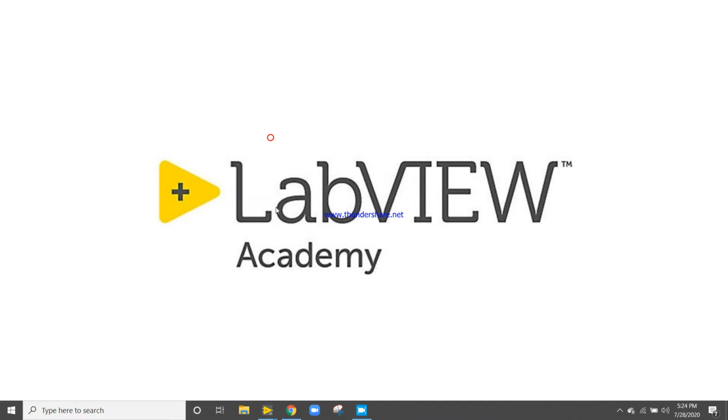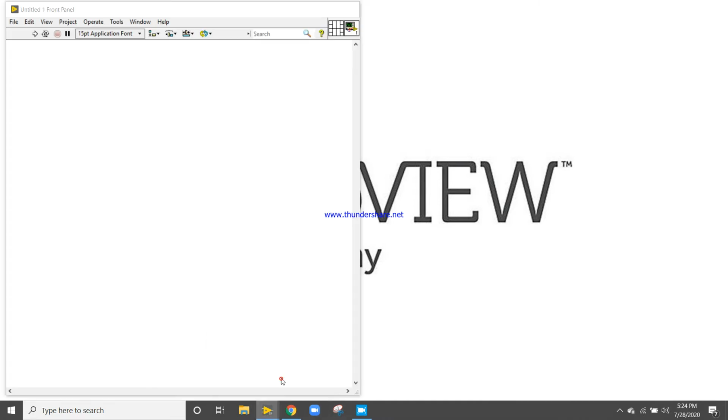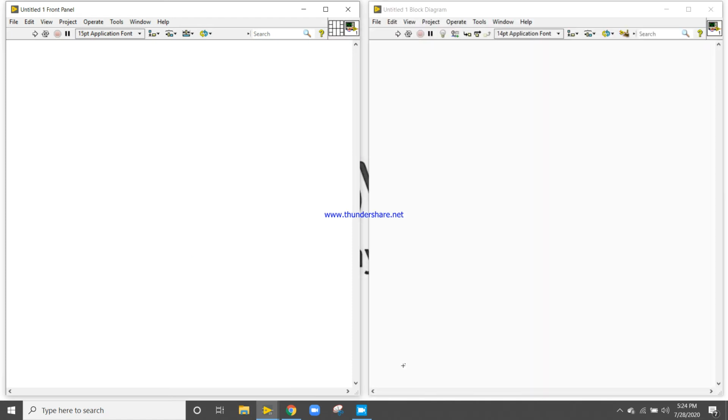So for that, let's open your LabVIEW, press Ctrl T to align front panel and block diagram left and right. Let's start. Okay, so for the amplitude modulation, we know we need one